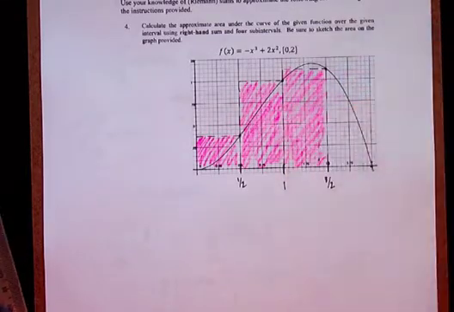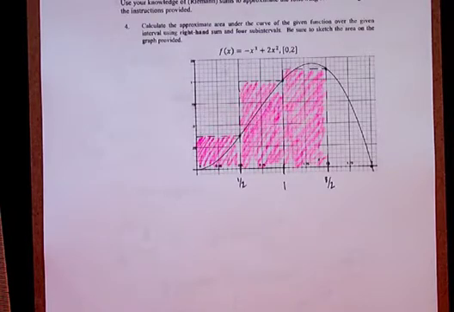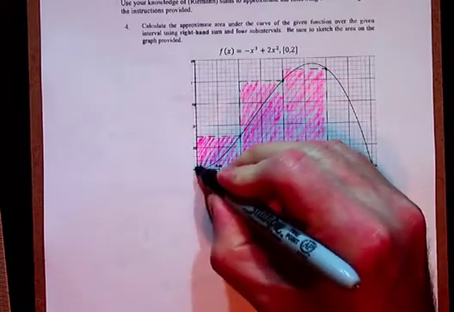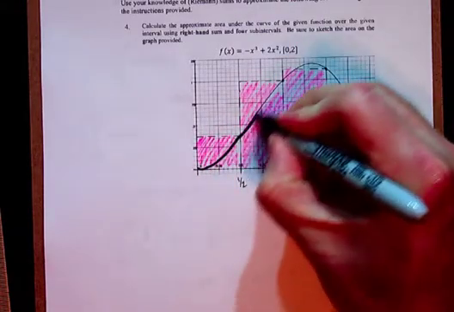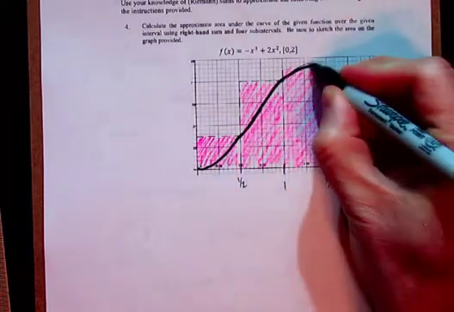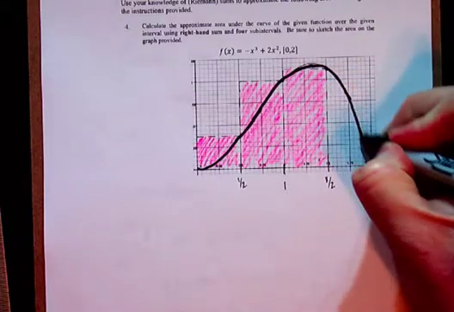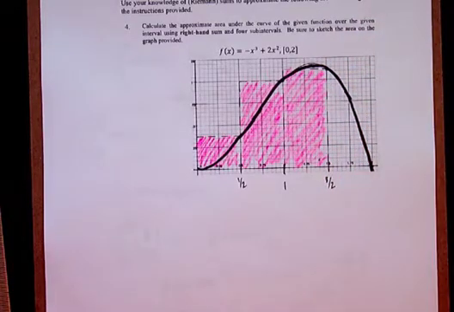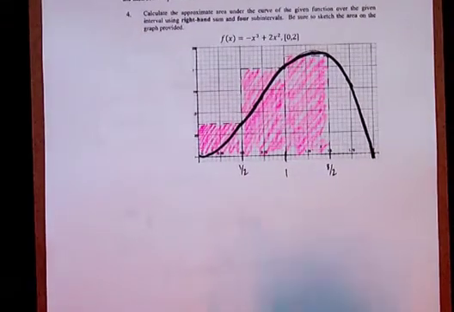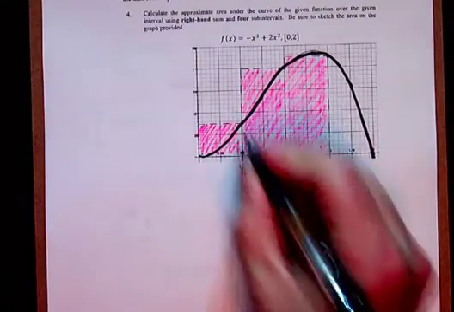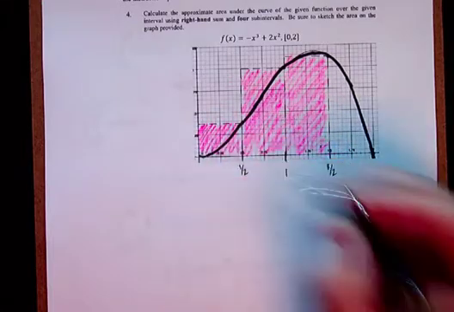Okay. And I'll tell you what, just to make sure that we can see the function, I'll go ahead and use a Sharpie to darken it up just a little bit. Now, we know that basically f of 1/2 is going to be the height of this box, so that's 1/2